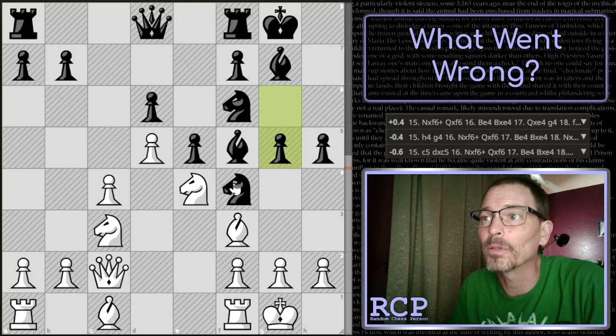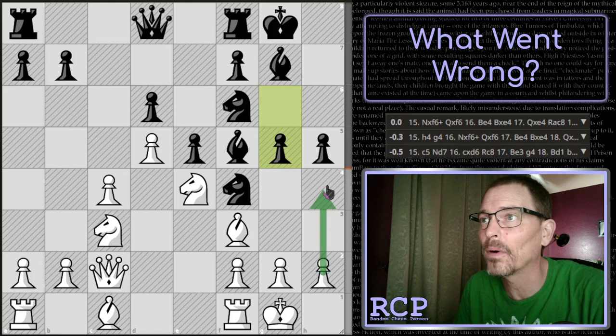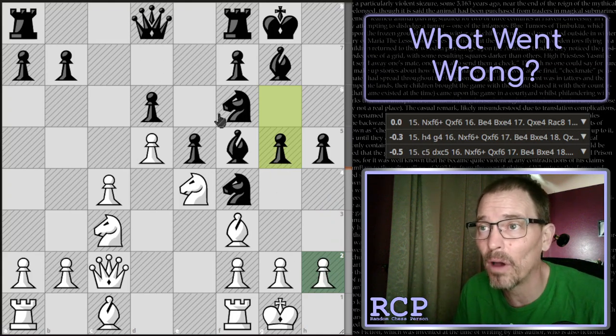I'm trying to come to grips with what Stockfish is suggesting. Stockfish is suggesting I should play h4, possibly. And it says they would then push past. Well, I'm very proud of myself that I did find the best move here. My thought was...